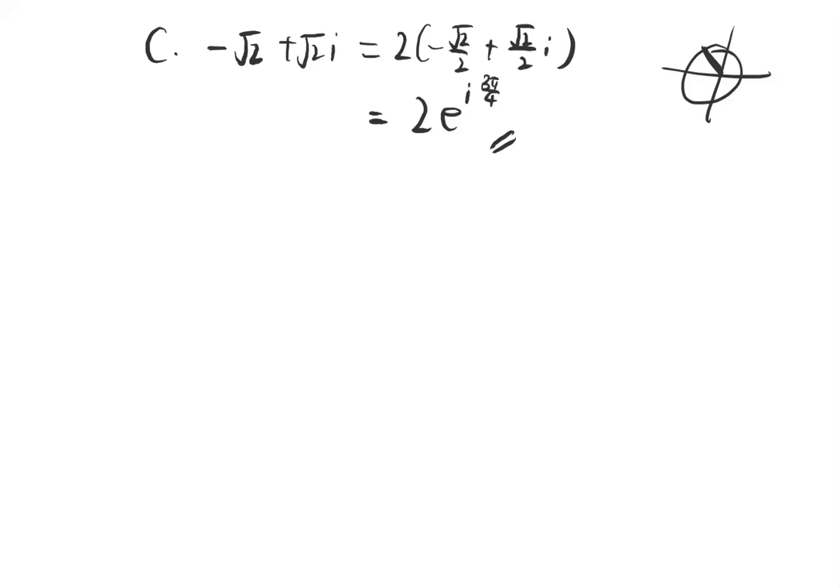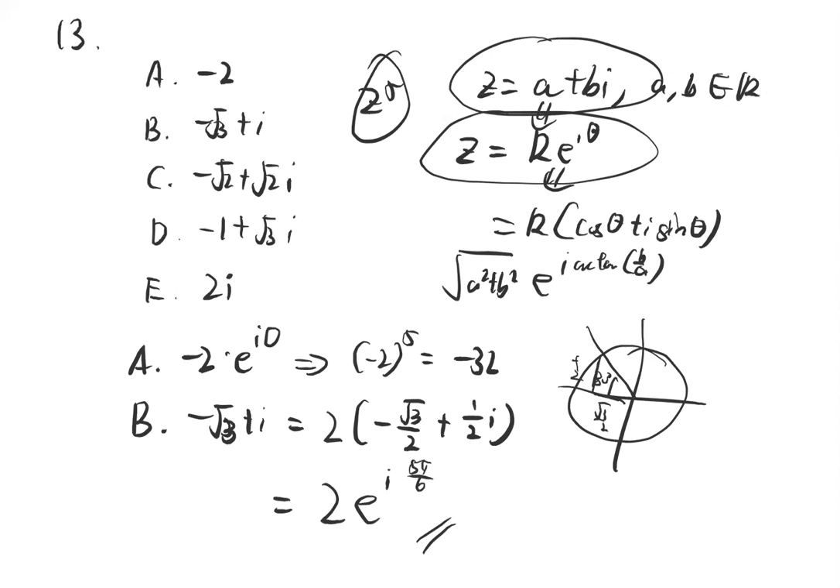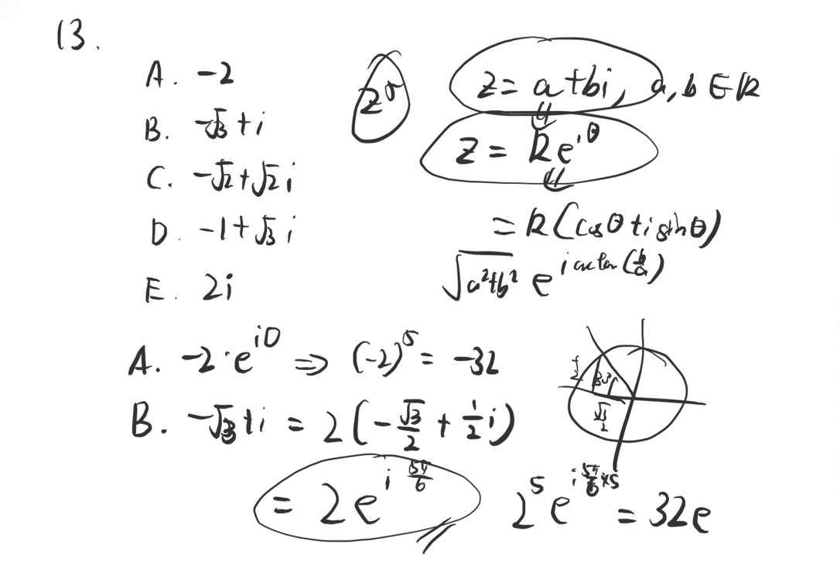And oh, sorry, I forgot to say, for this one, when you do it to the power of 5, you basically do the same: you raise the modulus to the power of 5, and you multiply the angle by 5. So you have 32 times 25 pi over 6, which is basically